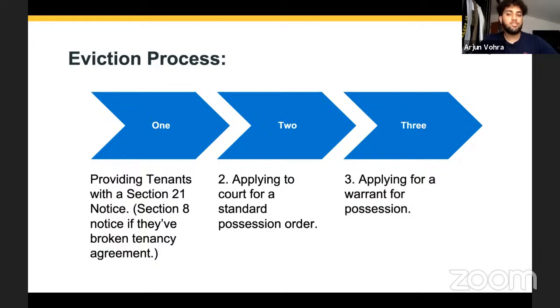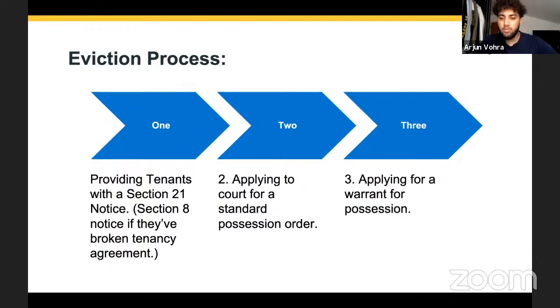Eviction process. For a Section 21 notice, a landlord would need to meet multiple formalities in order to serve it. These may include the service of the how to rent guide, gas safety information, and the energy performance information. If a tenant is served a Section 21 notice, it does not mean that the tenant must immediately move out of the property. If the landlord has not correctly completed the paperwork necessary for a Section 21 notice, then it may be possible that a court would not grant possession if the tenant stayed in the property.